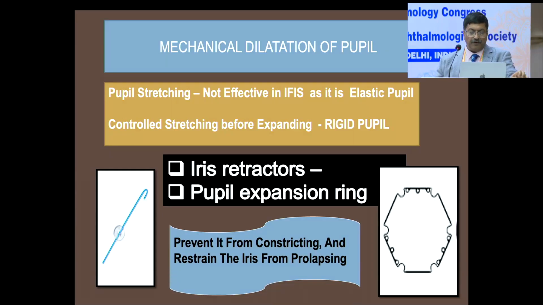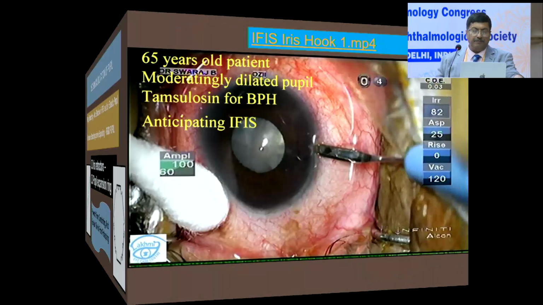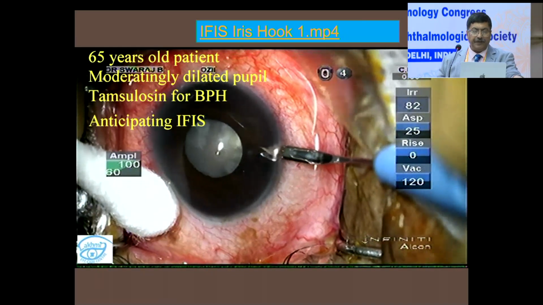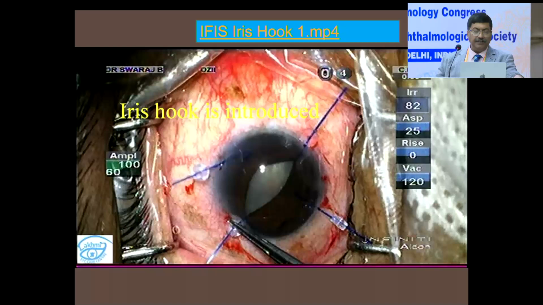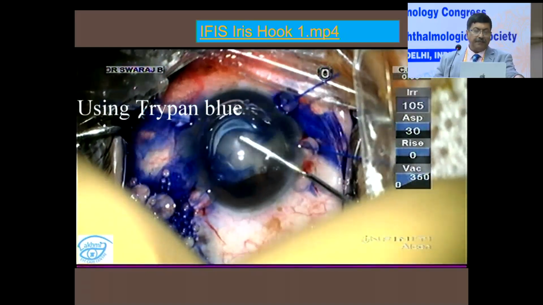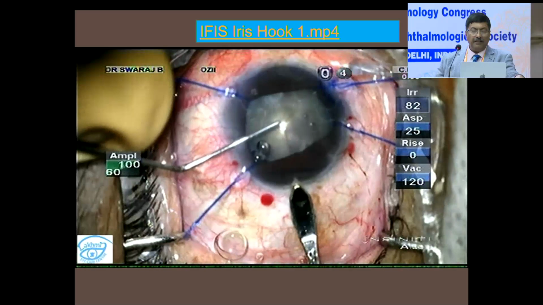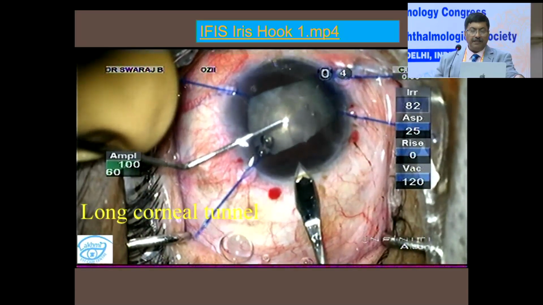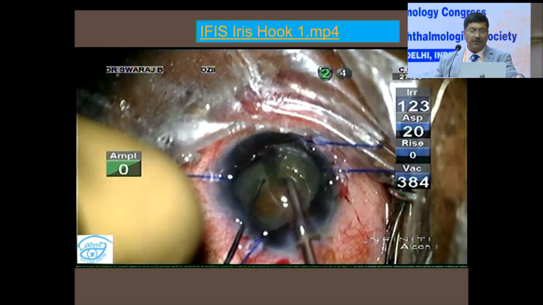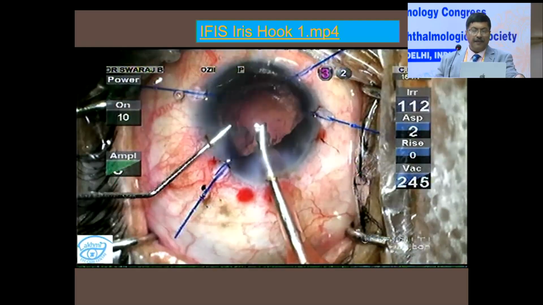It prevents it from constricting and restraining the iris from prolapsing. I'd like to share a very small video where a 64-year-old patient, with a moderately dilated pupil, is using tamsulosin for BPH. Here in this case, we are anticipating IFIS. After putting the iris hooks, four or more, to make the pupil hexagonal, making the corneal tunnel a little longer to avoid the iris prolapse,